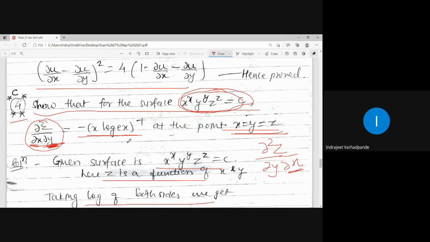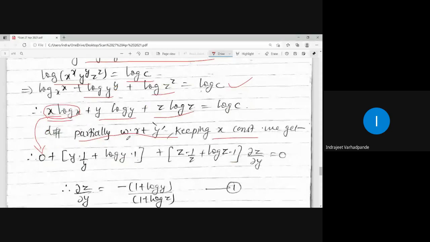So my job is to differentiate it first with respect to y, and while doing so x will be kept as constant. Z will not be kept as constant because z is a differentiable function of y. So all the normal process of differentiation is applicable to z but not to x, because we are differentiating with respect to the independent variable y, so the other independent variable x is kept as constant.